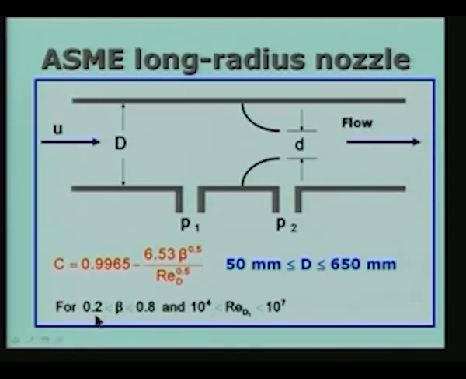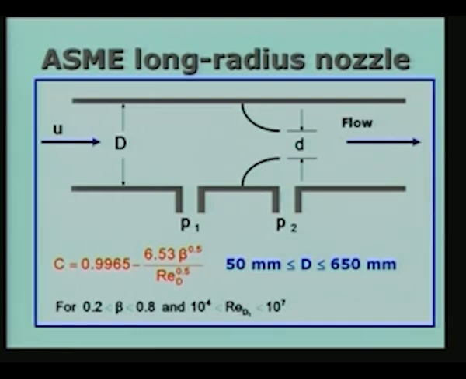Let me just digress a little bit and look at this 0.2 to 0.8. Why do we have such a large range of values for beta? If you go back to the equation which determines the flow rate from the delta P, it is actually created by the change in the area, and if the beta is small the change in area is larger and the delta P is larger. Therefore, in most applications where we want to use a variable area metering device for measuring velocity